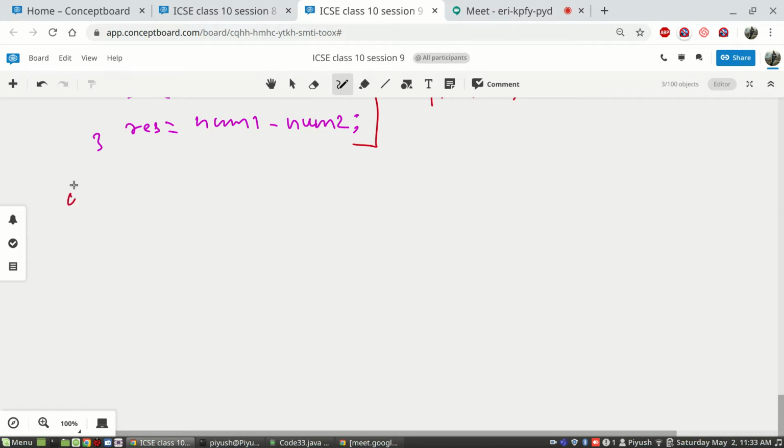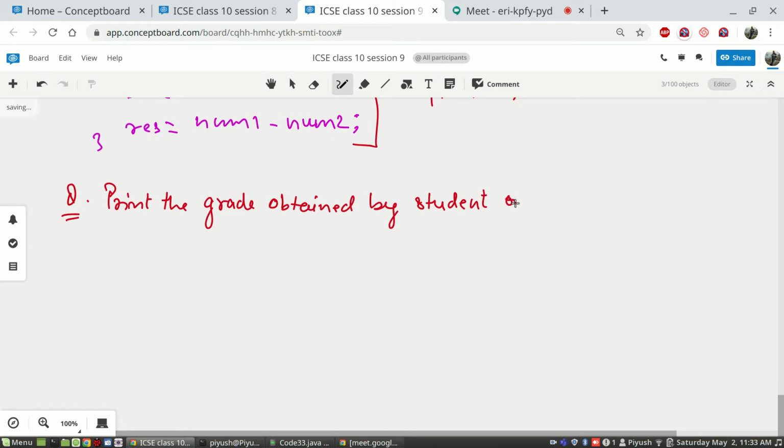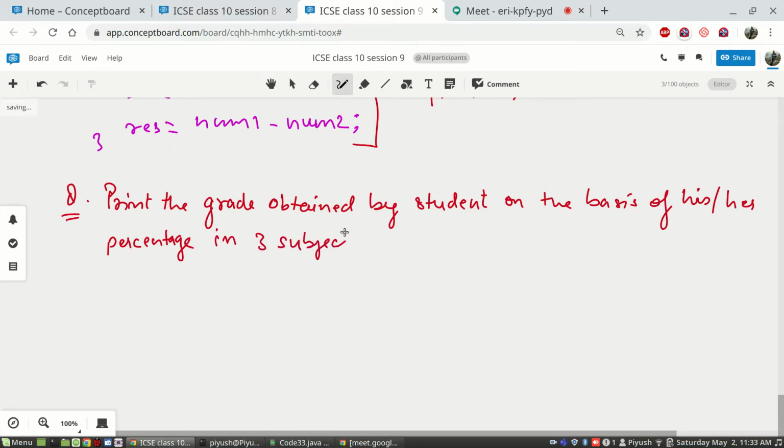The question is: print the grade obtained by a student on the basis of his or her percentage in 3 subjects.